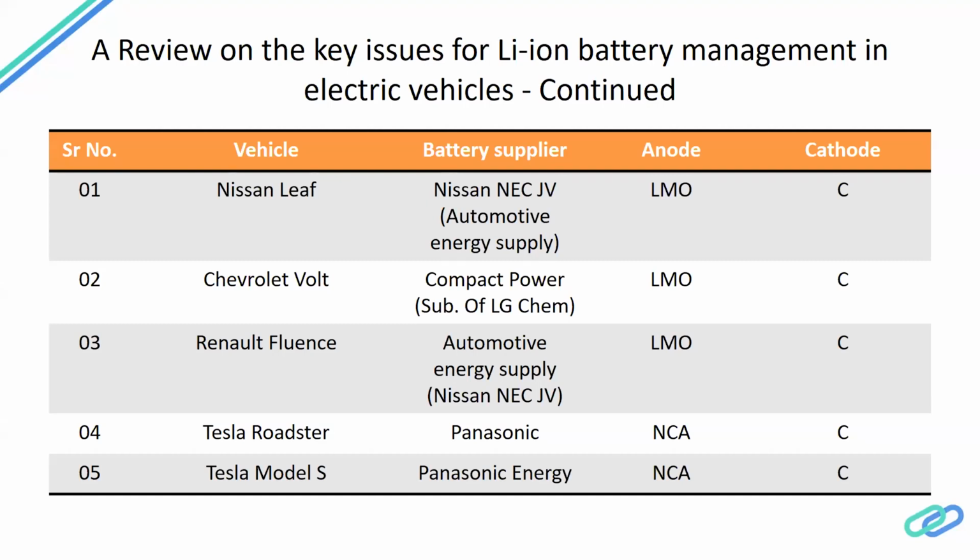Now, Nissan Leaf. I don't know if you know, Nissan Leaf was one of the best cars which pioneered the battery electric vehicle or battery propelled vehicles in the automobile industry. They used LMO, lithium manganese oxide, for the cathode, and the anode is always carbon. Now I'm saying carbon, but that carbon can come from graphite, that carbon can come from graphene, right?